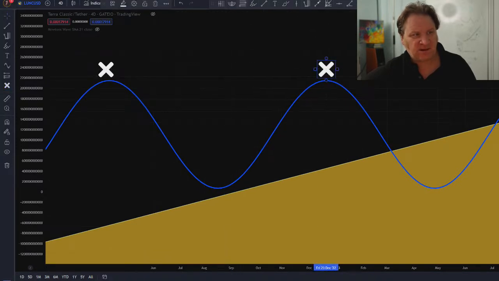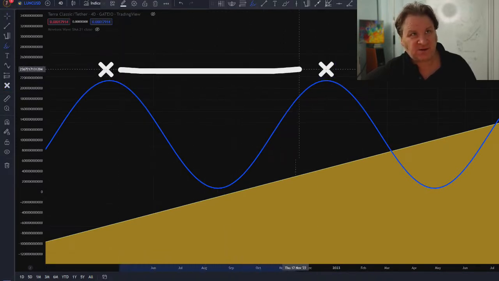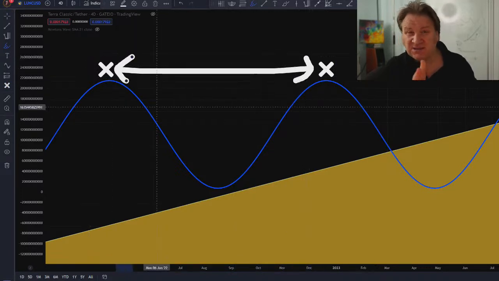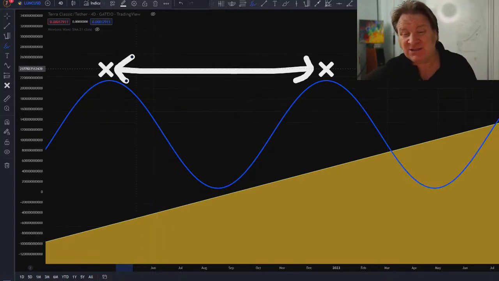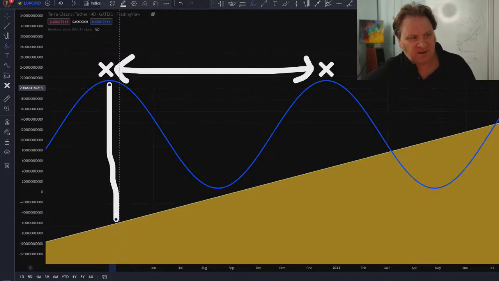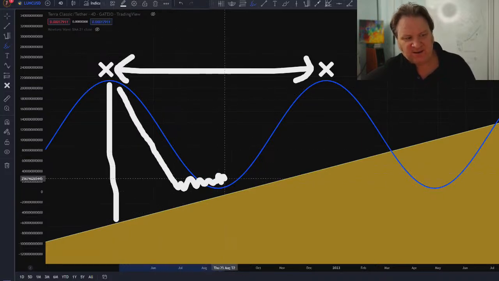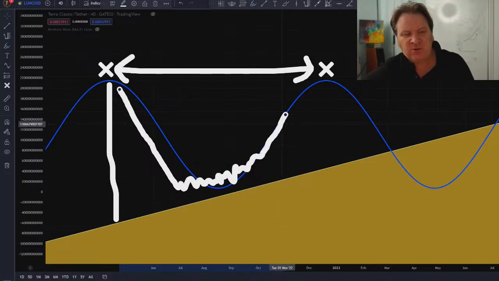to this crest, you've got a distance from crest to crest. Now, interestingly, the distance between the two crests never, ever changes. That's why the universe runs like clockwork. Okay? But the time that it takes to go from crest to crest can change, and that's based on human behavior. So if you imagine as people are trading, so let's say that's one rise there, right? And then you've got your linear decay, and people are trading and trading and trading, and then it goes up and up and up again. But you imagine everyone stopped trading,